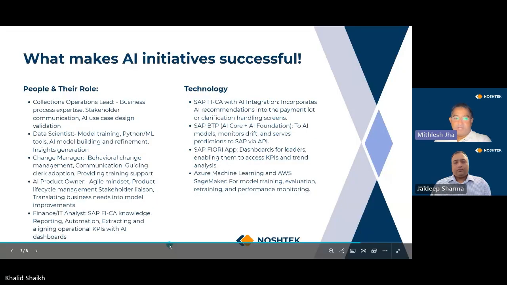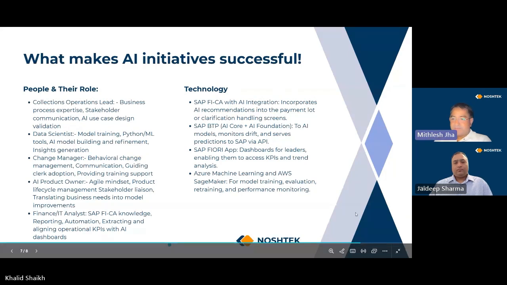So, Jaideep, one point that I particularly would like to highlight here, especially the two roles that you talked about. One of them is the operational lead role, and the second one is the AI agile product owner role. Now, why I'm highlighting this is that sometimes we think only AI can solve this problem. When we know what the problem is and we have a detailed understanding of the problem, you don't have to wait for AI. I mean, you may already have the right tools in place.